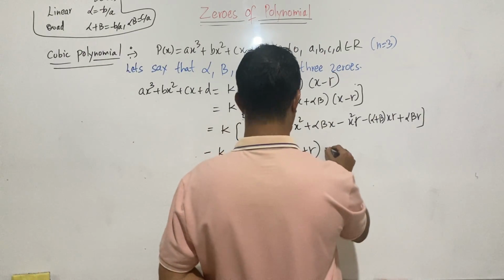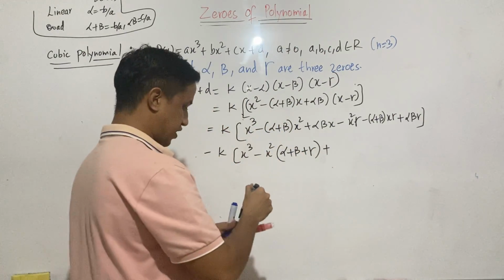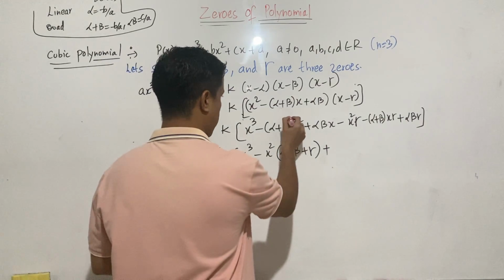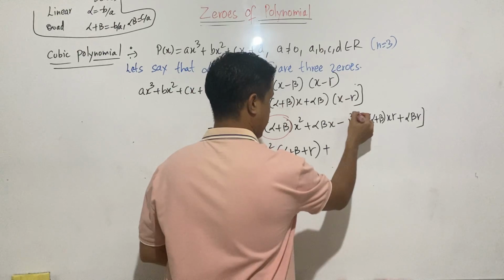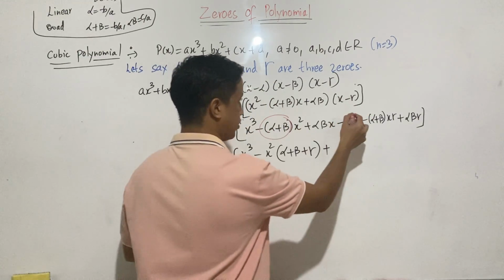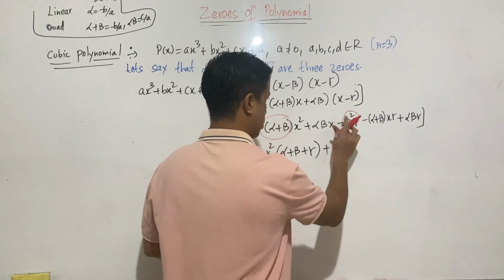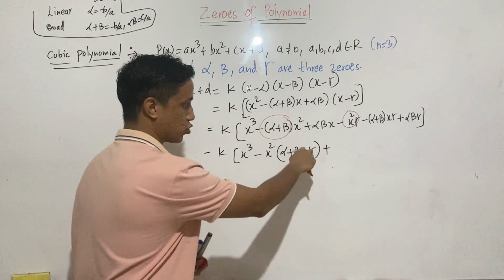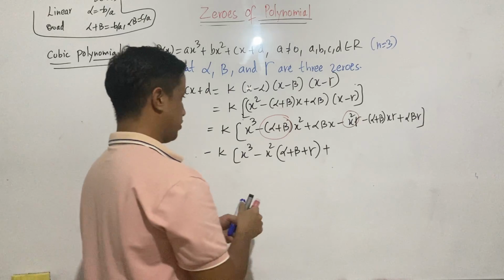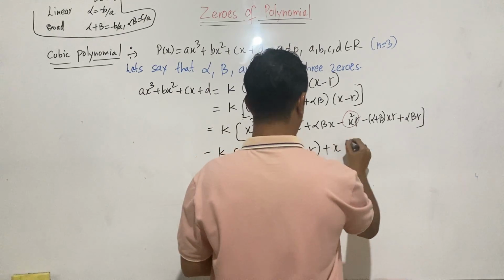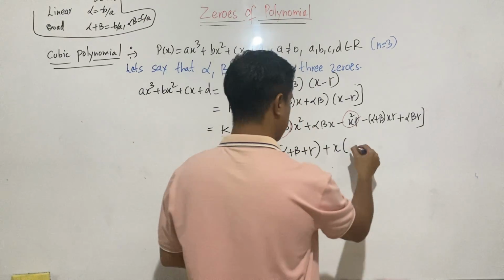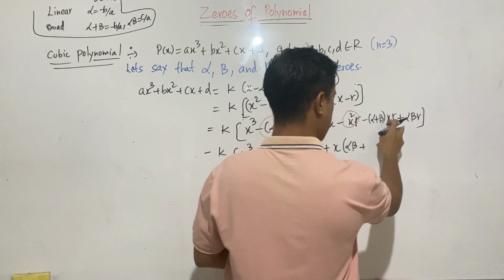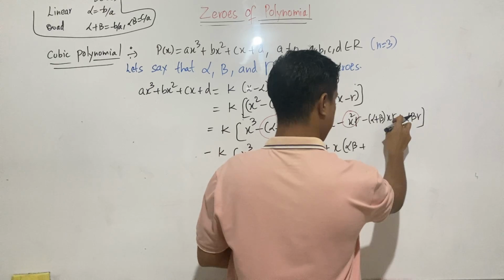And here, if you don't understand what I did, I just took x squared common out, and I'm dealing with these two terms with minus sign. So here minus sign is common, that's why positive. And here x common, so alpha beta from here, and from here alpha gamma,